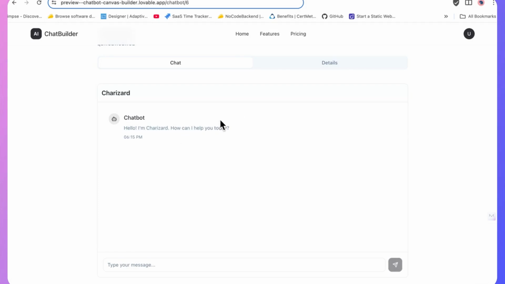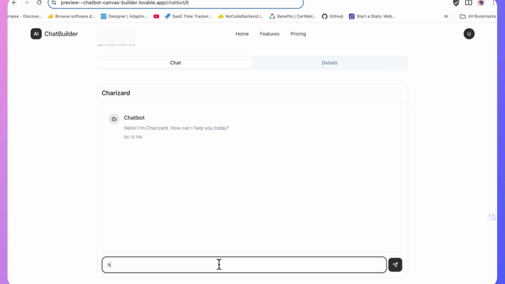We are now getting a chat interface and this welcome message, though this is a custom message provided by this chatbot builder itself. This is not our message, but we can customize this as well. Whatever message we want to display, we can do that very easily. Now let's see if it actually works with our Straico API key. So if I just say hi,